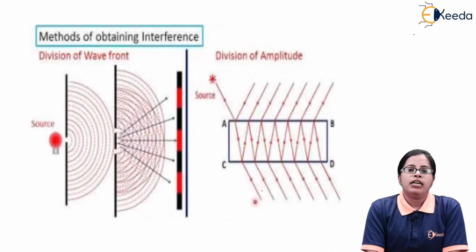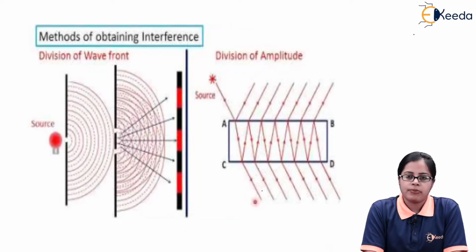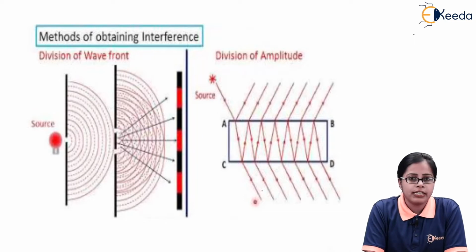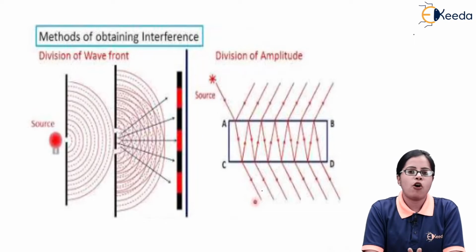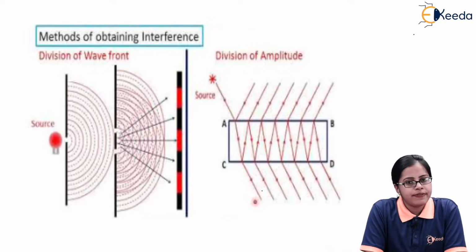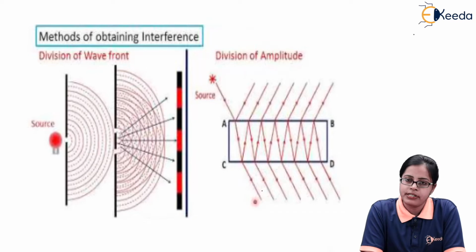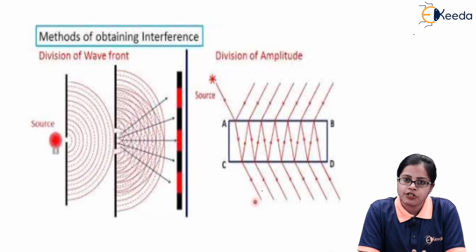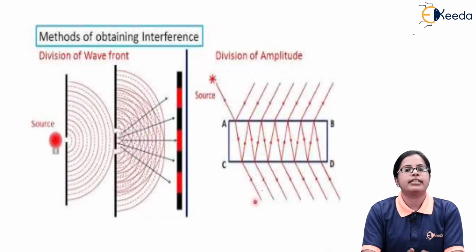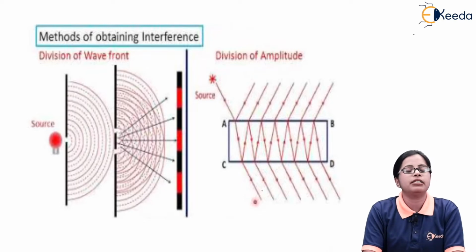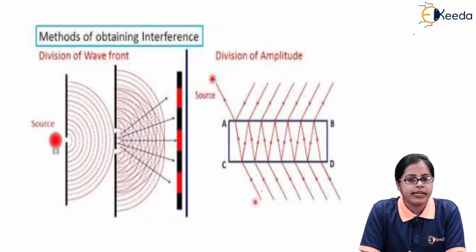So in thin film interference, we talked about the concepts of interference of light, where the lights which are getting reflected from the thin film get interfered, overlapped or superimposed, giving us either constructive interference or destructive interference. That depends on the interference of reflected lights which are getting reflected from thin films of different material.